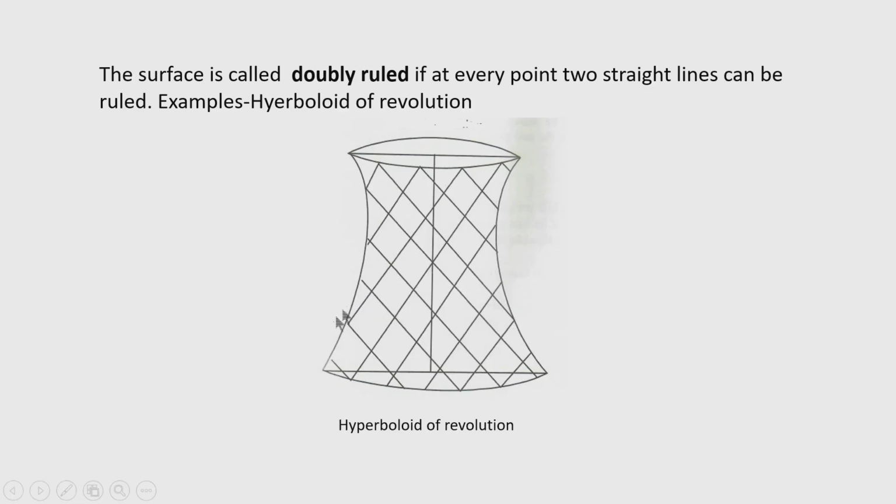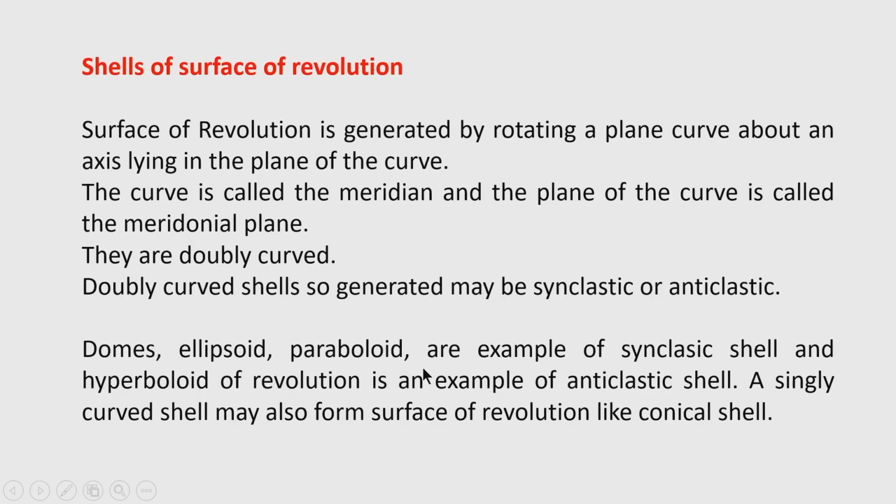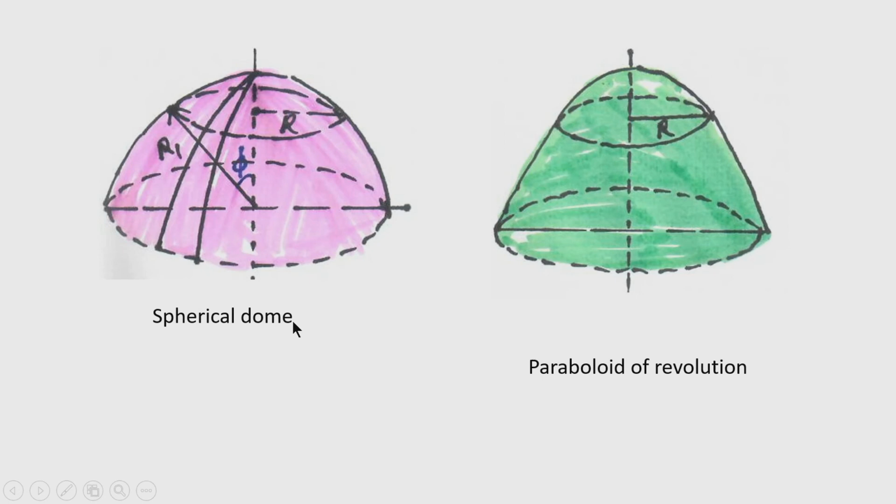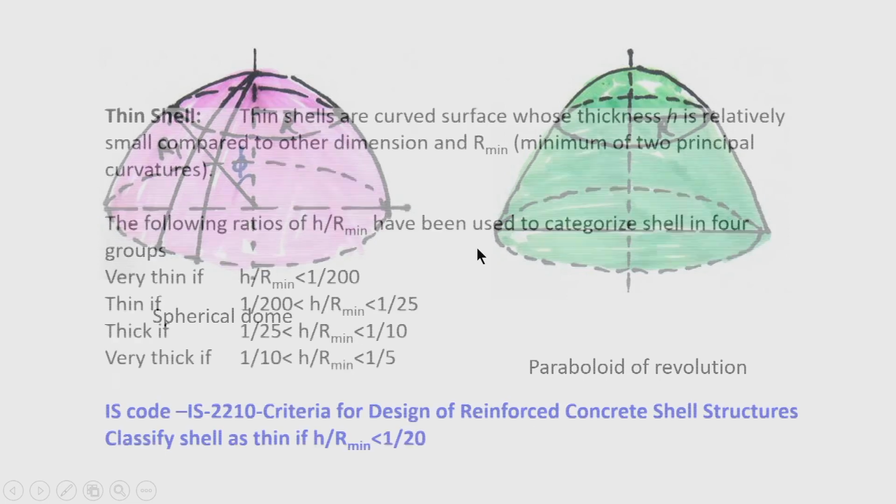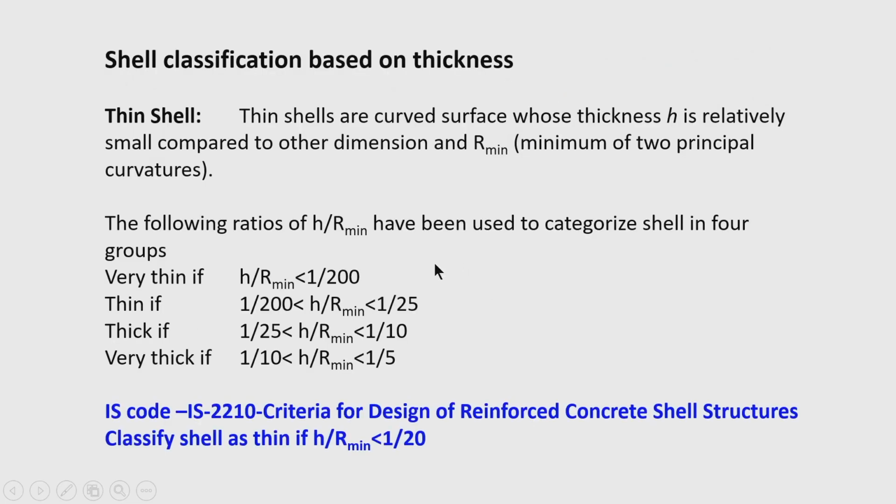Yeah, this hyperboloid of revolution is an anticlastic shell. So, the doubly curved shell, that is a surface of revolution, may be synclastic or may be anticlastic. Now, the pictures that I have shown you are all synclastic shells. Now, some authors prefer the shell classification based on thickness, but the shell classification based on geometry,